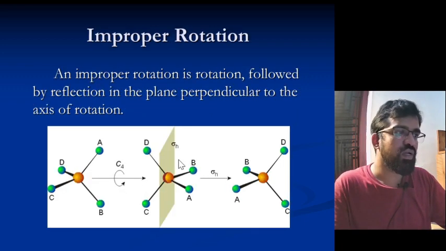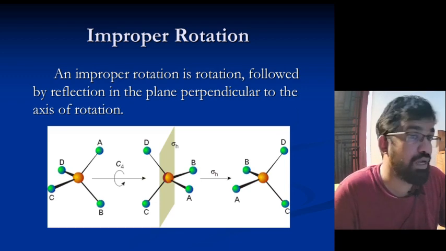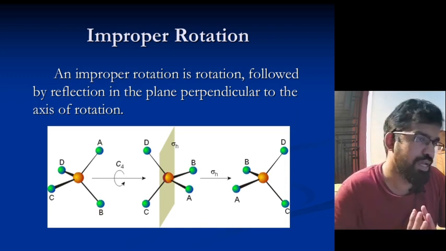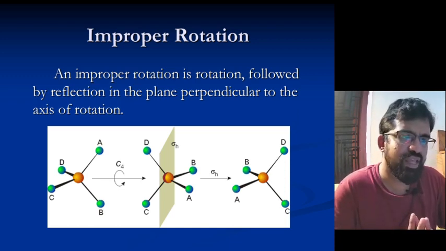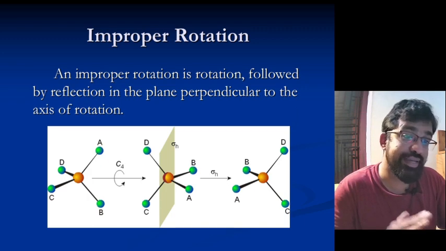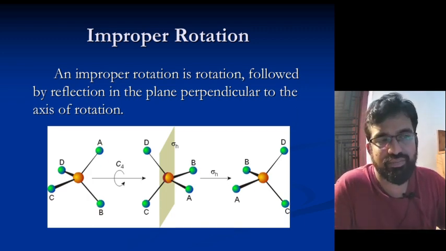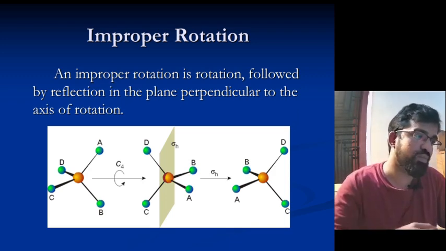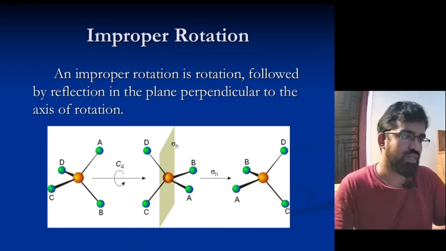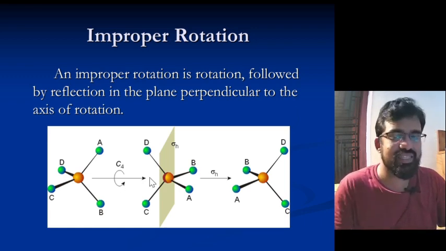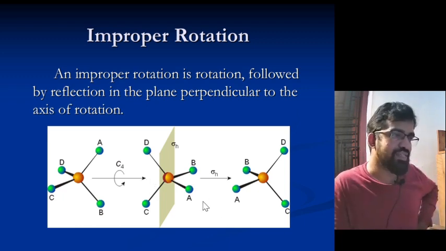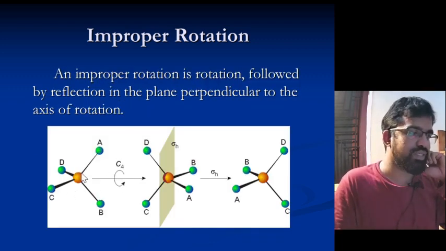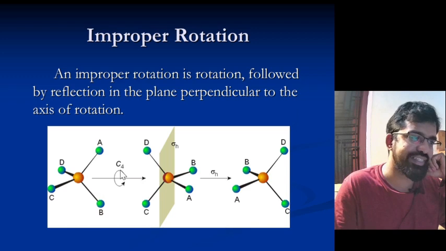And the next is improper rotation. I think you have a little idea about improper rotation also. Improper rotation means a molecule has carried out two operations simultaneously: rotation followed by reflection, or reflection followed by rotation. That is, Sn is Cn times sigma. Here you see this molecule is rotated